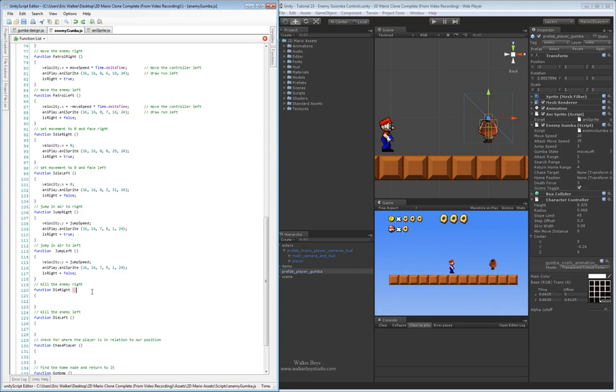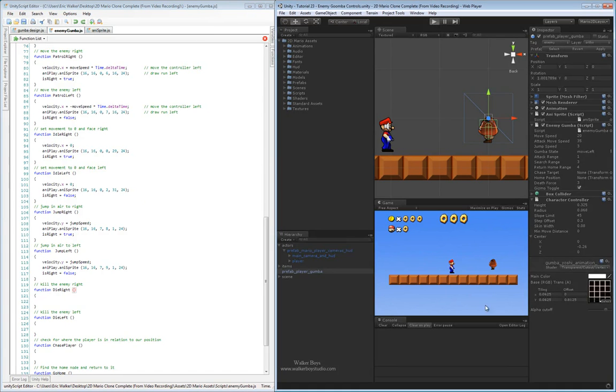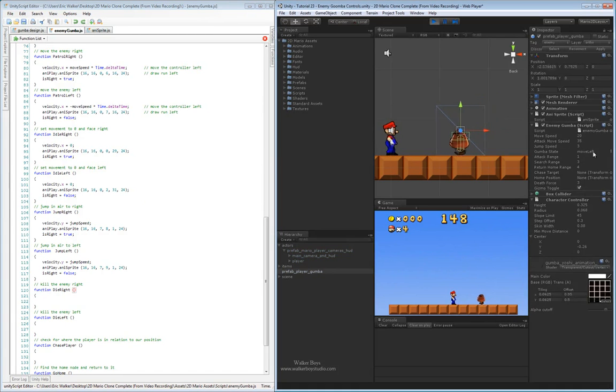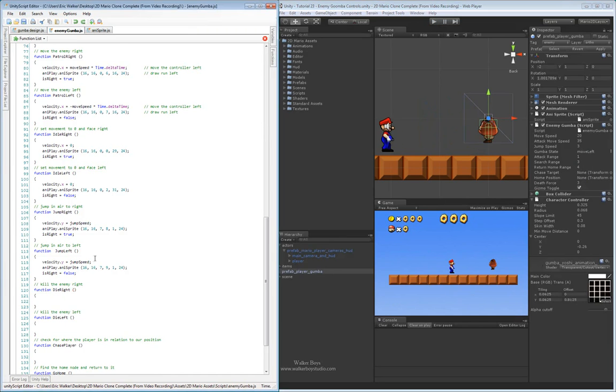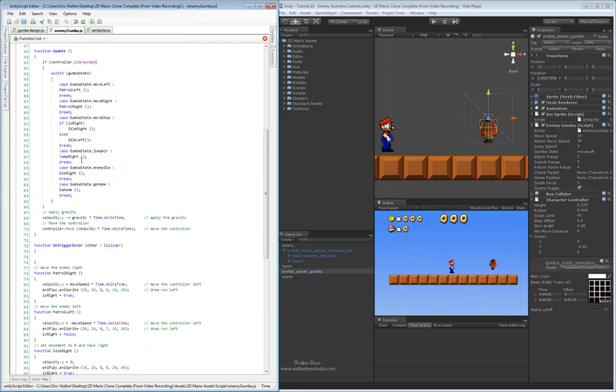And let's save. Let's test. Go back over, hit play. We've got no errors, so we're good. And jump. There we go. So he is set to jump. He does turn the other direction. So let's stop. Let's move him to the right. And let's jump in the air. Alright. And why does he jump in the air? Because we do need to actually use the other